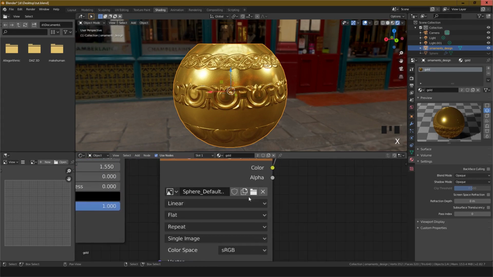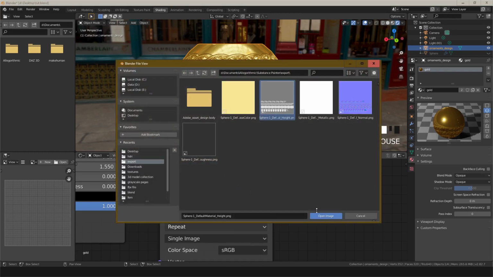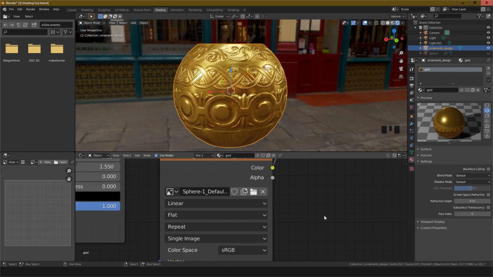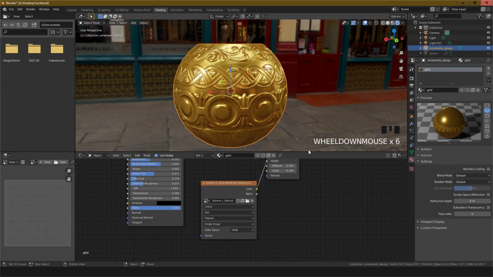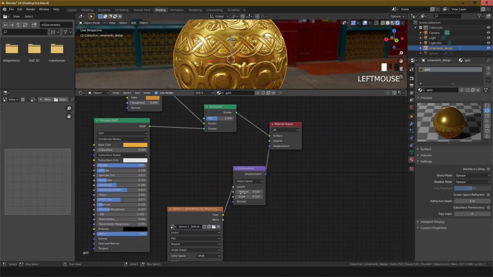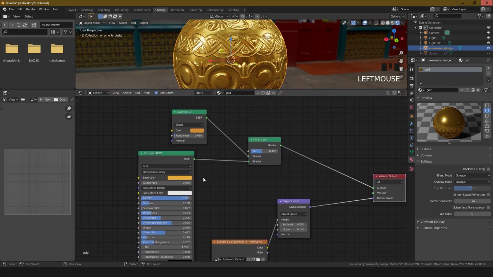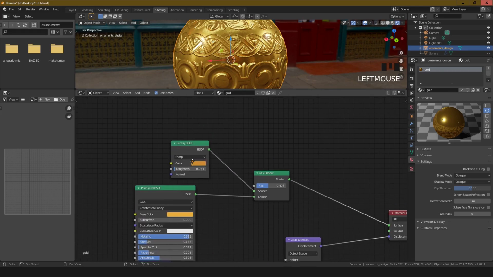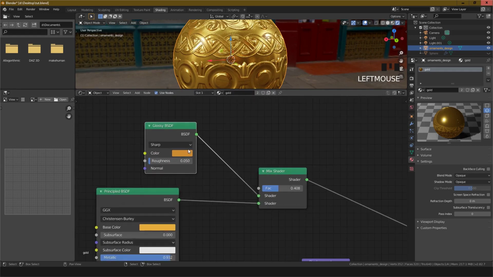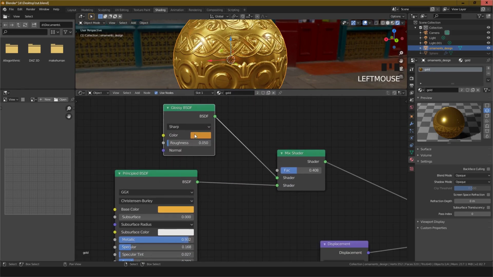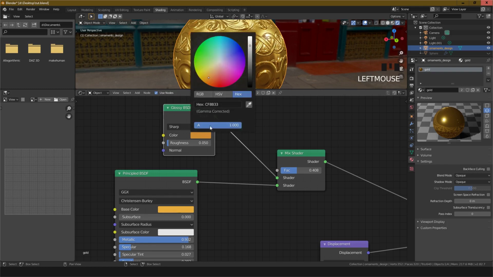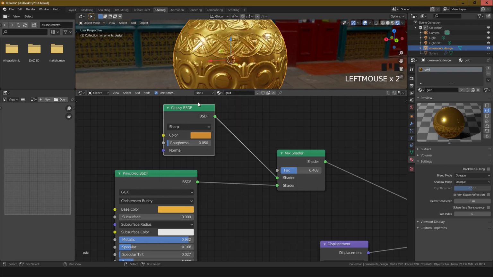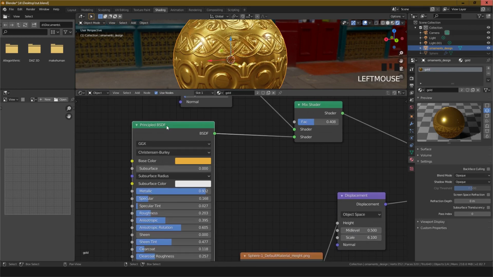I'm using here the sphere height map or displacement map, and you can see the shading node. This is the shading node. First I'm using here the glossy BSDF. The color is the hex value CF8833, and principled, and this is the default